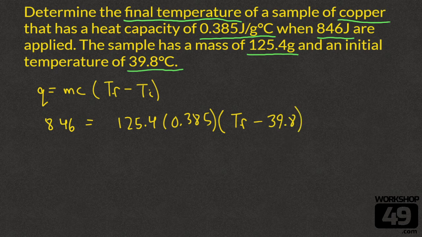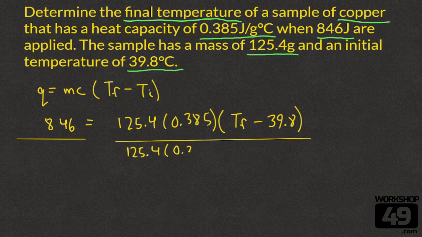Again, if you've been able to read this question, highlight the key pieces of information, and fill it into the equation, chemistry is complete. It's time for math. So let's go ahead and do some algebra here. We are just going to divide this out. We're going to get rid of all of these coefficients in front so that we can get this temperature final all by itself, which means dividing by 125.4 and dividing by the 0.385 on both sides. That's going to leave us with